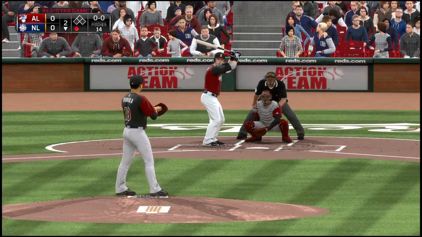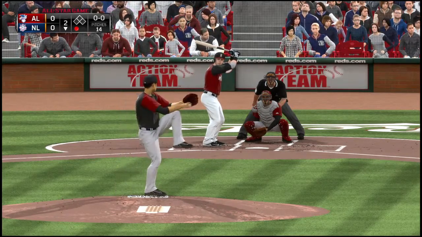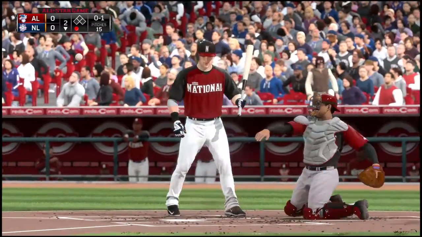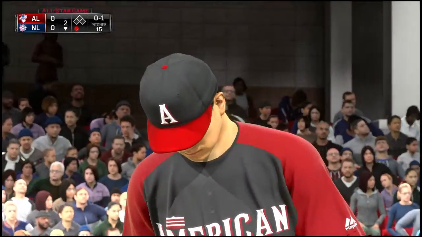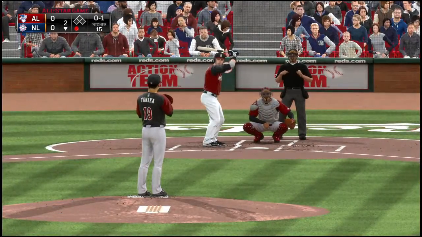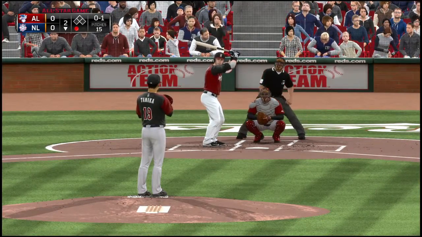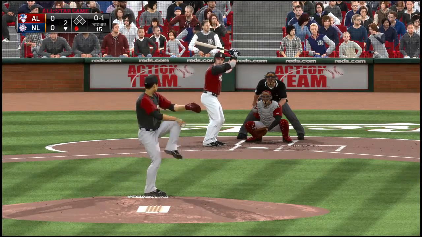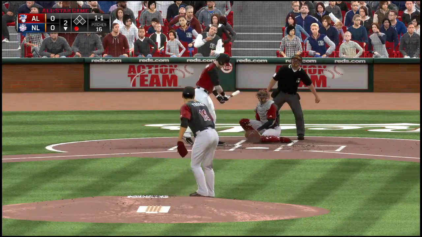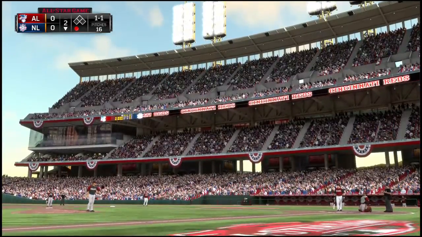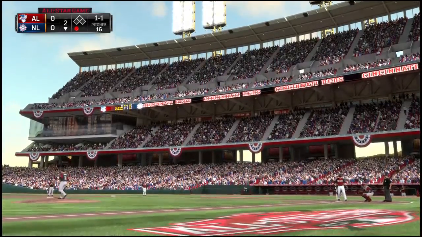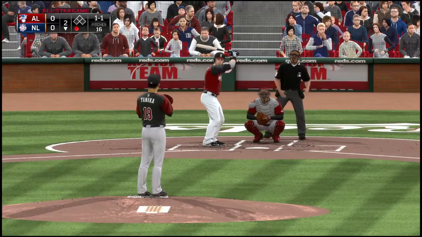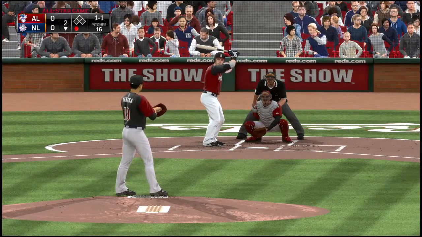Standing in now, Corey Dickerson. As he will take a fastball in there at the knees for strike 1. And you know, this is a guy that loves the ball down and in. It's one of the locations he really covers well, so they're going to want to mix their spots here. And a splitter here, but he had a bit too much on it as this bounces up to the plate. The 1-1.